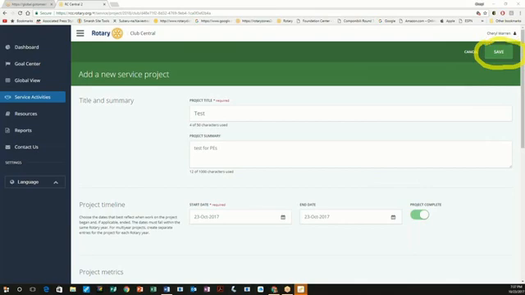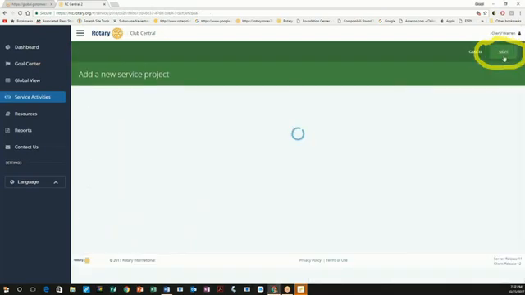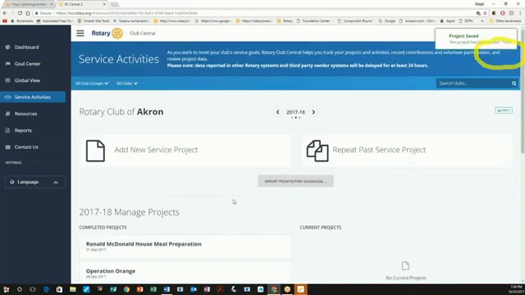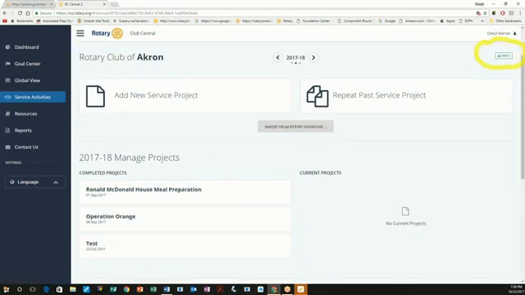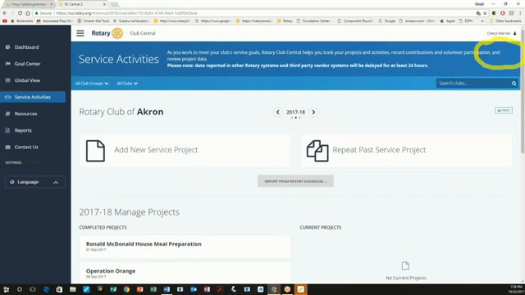Now, there is one more thing that can occur here, but I'm not going to go into a lot of detail about it today. After you save this project, you can actually export your project to Rotary International, and it goes into their service projects at Rotary International. But that's a whole different session that we don't want to deal with today. We want you to get familiar with the system. Go out here and do what we just did. Play around, get to understand how it works, how you find what you need to find.